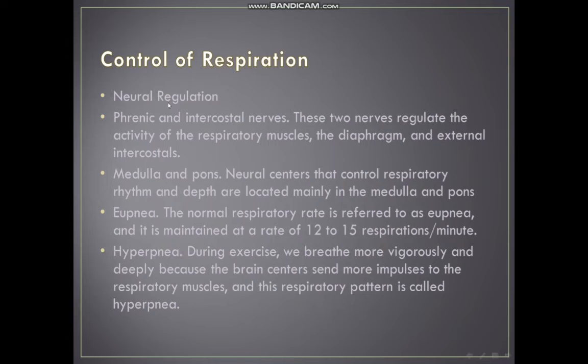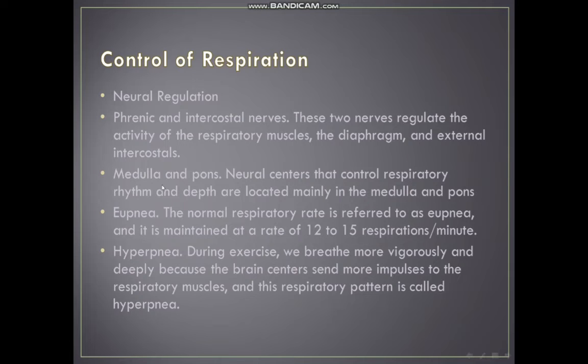Control of respiration, neural regulation, phrenic and intercostal nerves. These two nerves regulate the activity of the respiratory muscles, the diaphragm and external intercostal muscles. These are the two main muscles for respiration. And we also have the accessory muscles, which are chest muscles and abdominal muscles. The abdominal muscles push the diaphragm up, so they increase the pressure, which makes the air flow out of the